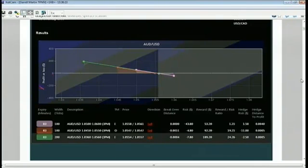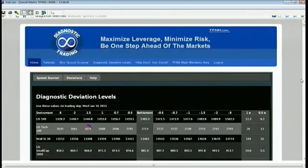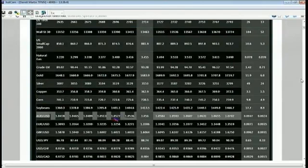Also, make sure you're using the deviation levels. They'll be updated tonight before the report. So hop on there and use those deviation levels, and you'll be able to know what price levels you want to be targeting. So where you need to be tightening your stops, or if you're doing binaries, what strikes you want to get into. And one of the things I always tell people is there's basically 3 prices you can count on